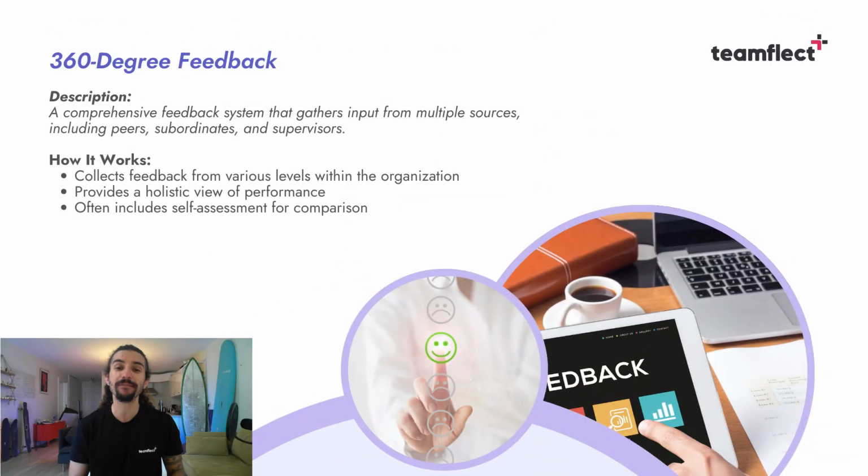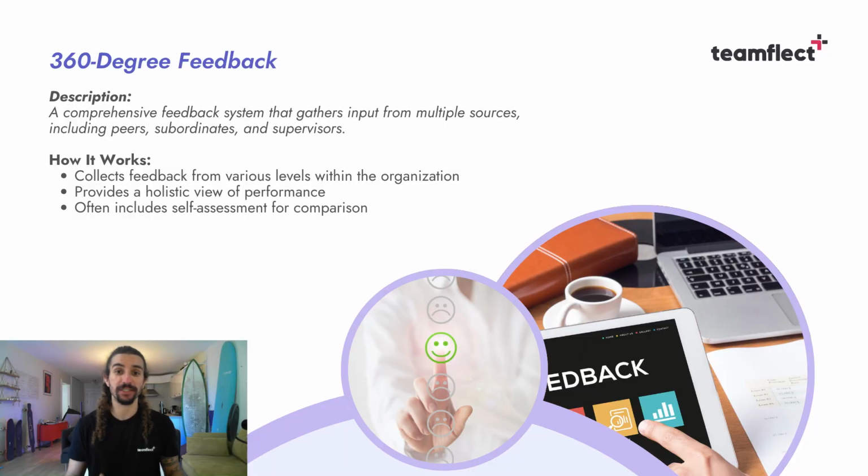We're starting things off with 360-degree feedback, a holistic feedback model that encourages feedback from multiple different sources such as managers, direct reports, peers, and if practiced correctly, people outside of your organization, third parties such as customers or independent contractors. Not only that, but 360-degree feedback also includes a self-assessment section for comparison. And then what you do is put all these different perspectives together to get a complete look at the employee's